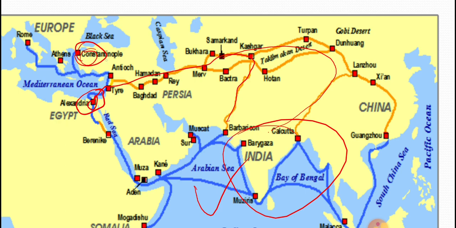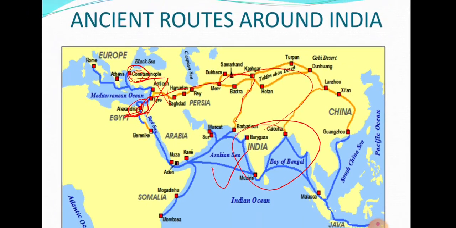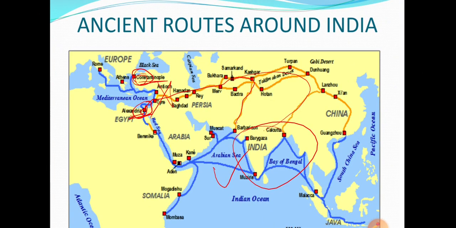These two areas, Constantinople and Alexandria, were won by the Muslims, and this land route was closed, and then they were forced to find the new sea route to India. So this is the location of India, and presently you can see India can have trading relations with Eastern African countries. It can go through Suez Canal to Europe. It can easily go to the eastern countries.